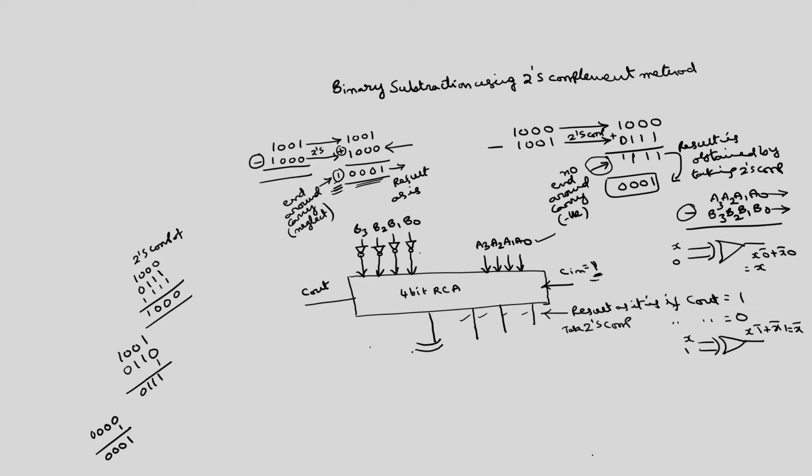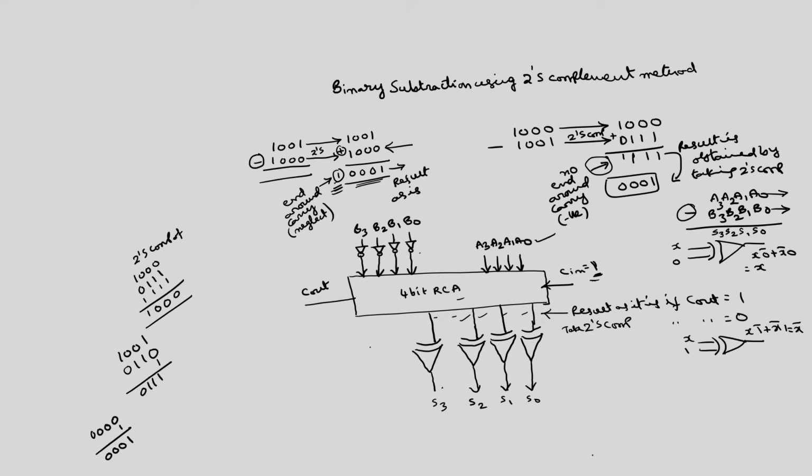So, you have to take 4 exclusive OR gates, because in one case I want the result as it is, and in the other case I want the complement of the result. That can be implemented using these exclusive OR gates. One input will be the sum output obtained from this 4-bit ripple carry adder. What about the other signal? This is the final result. If I call this final result, the subtraction result, S3, S2, S1, S0.